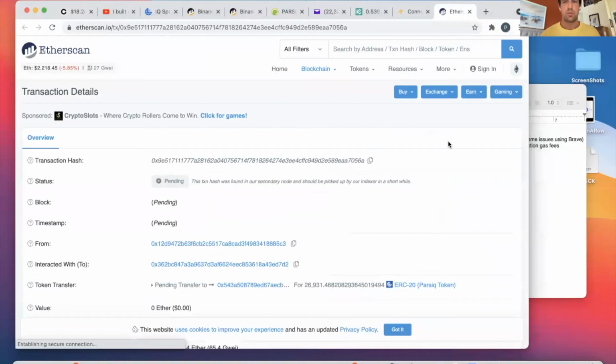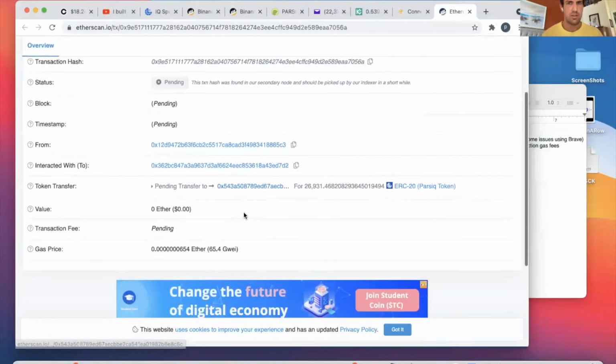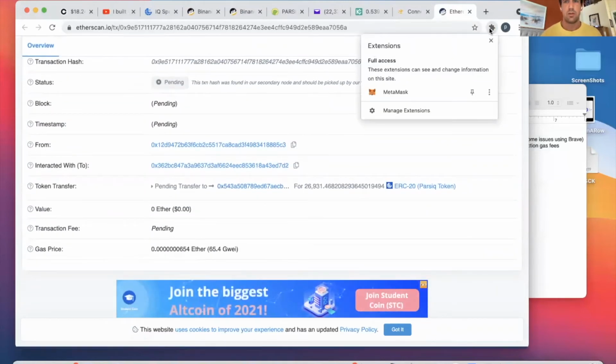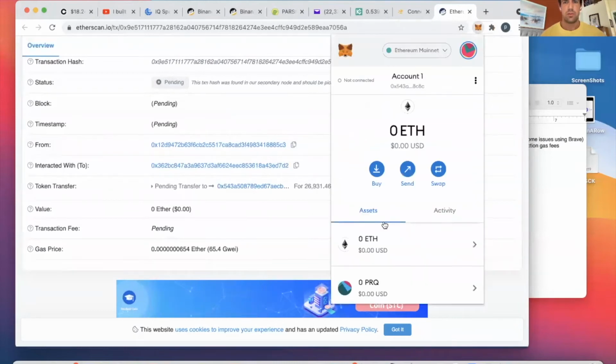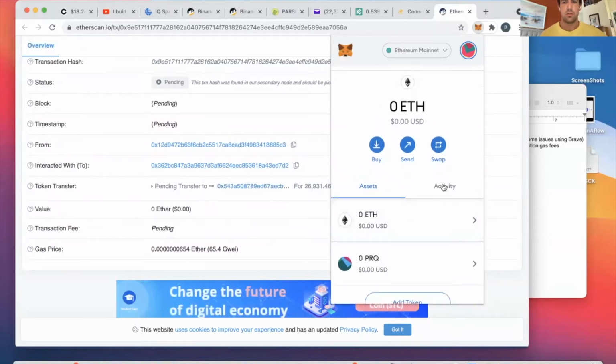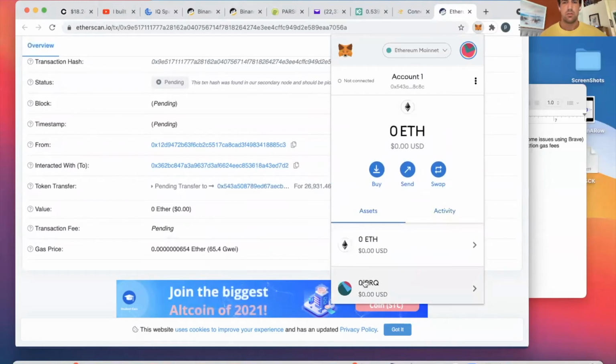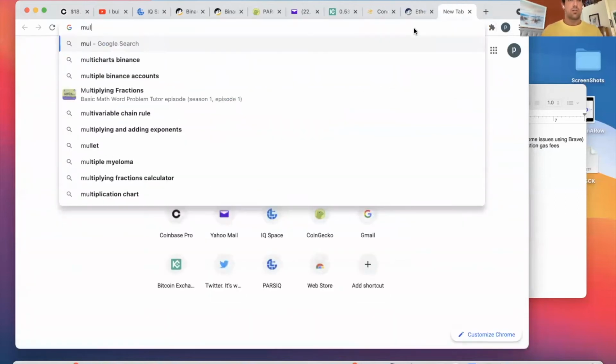If you want to, you can always view the transaction here. I'll load this up. Hopefully we end up receiving the PRQ tokens. Still waiting. There we go. We've got our PRQ right here. Pretty quick transaction. And the next thing we're going to want to do is go to this URL,